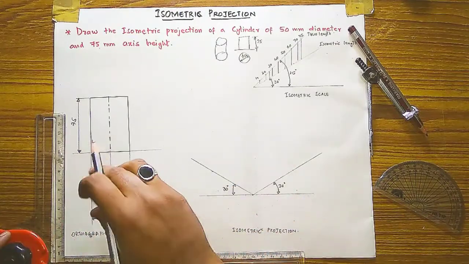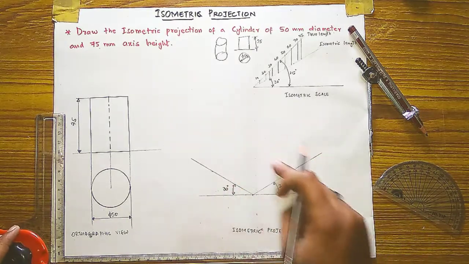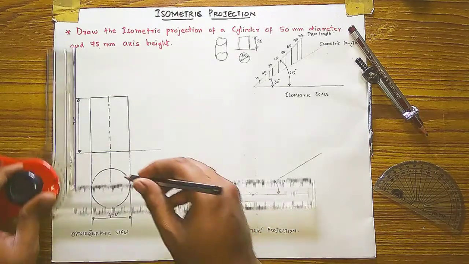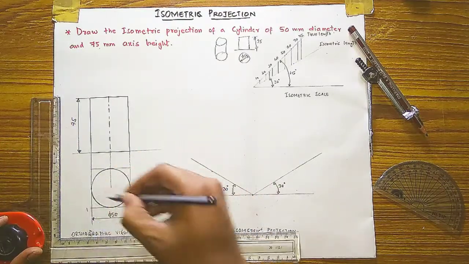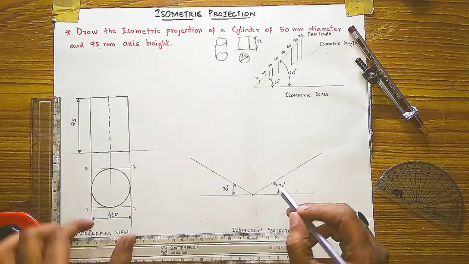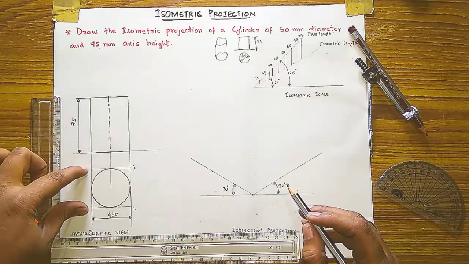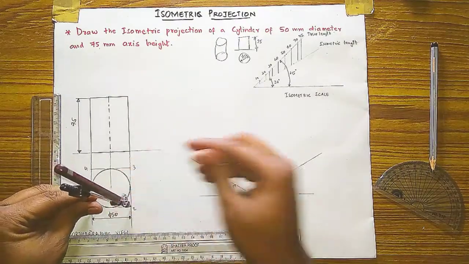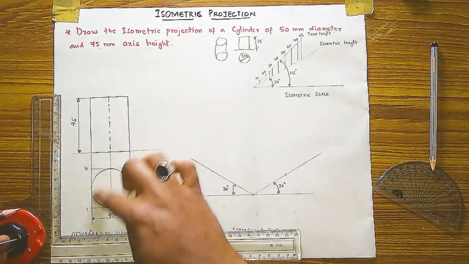Okay, now to draw this circle in the isometric projection, you have to draw it in a rhombus. So I will take this circle in a square like this to make you understand easily how to draw. I will number this square 1 2 3 4. And this 1 2 measurement I will take here on this 30-degree angle line, and height 1 4 I will take on this line. So measuring this distance I will adjust it and draw. This distance and this distance of the circle will be the same.